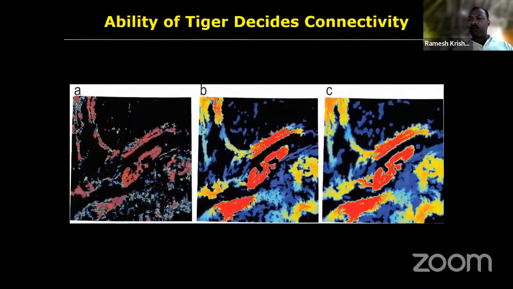The other aspect, you may have structural connectivity, you may have functional connectivity. One of the other important aspects to keep in mind is the ability of an individual organism to disperse. There are migratory birds, they migrate long distances from Eurasia to India. There are ones that migrate from the Himalayas. There are ones with lower, local migration. Similarly, for animals like tiger or any other large carnivore, males can travel longer distances as compared to females. So the ability of an individual also decides the connectivity.